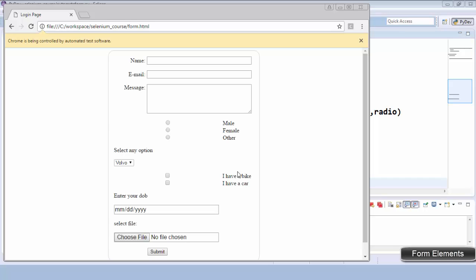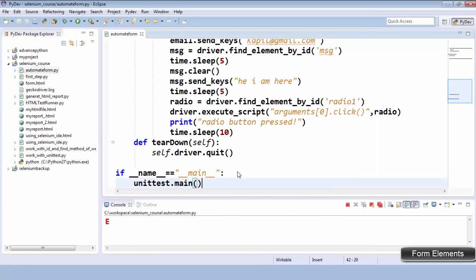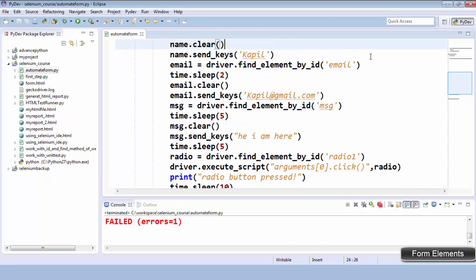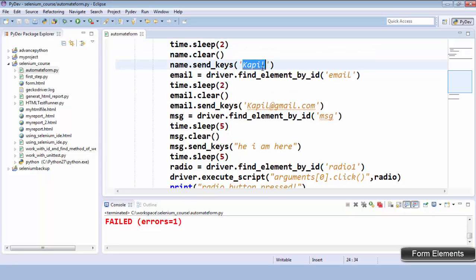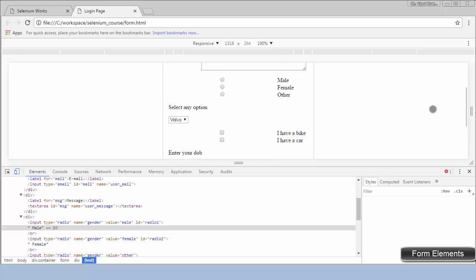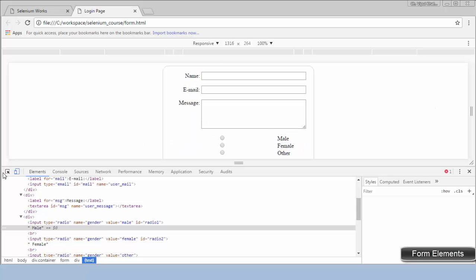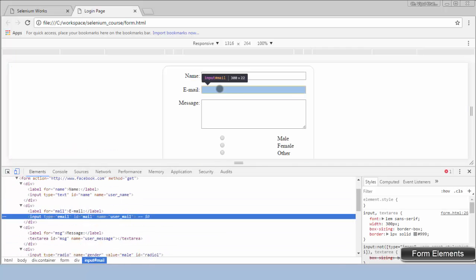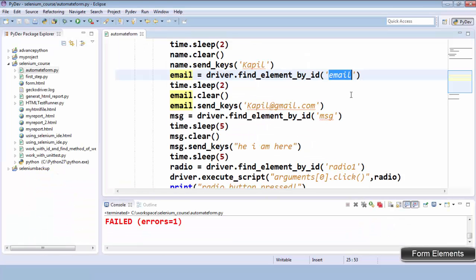It got loaded and now it will start filling. Okay, here we are getting an error. We are filling the form. We are able to send the keys here, but I'm not able to locate this email. So what is exactly the problem? Let's cross check it. For email, I think I passed a bad argument. Let's see here, email, and the ID is mail. Okay, mail. But I'm passing email here. That is the problem. It should be exactly that one, otherwise it will show there is no element found. If I run again,